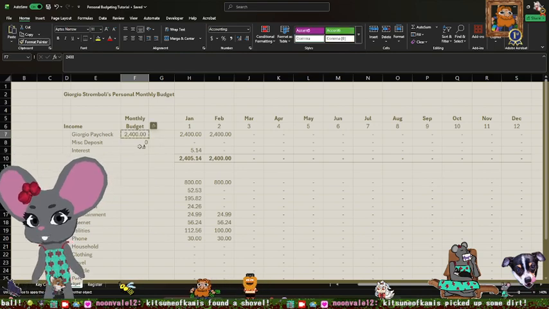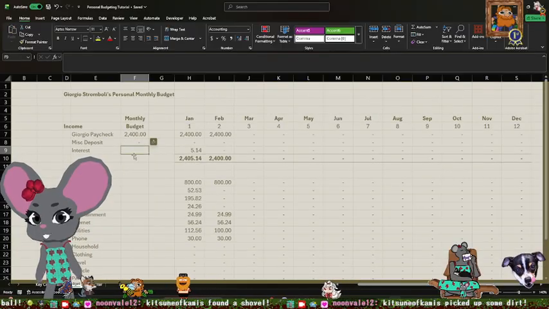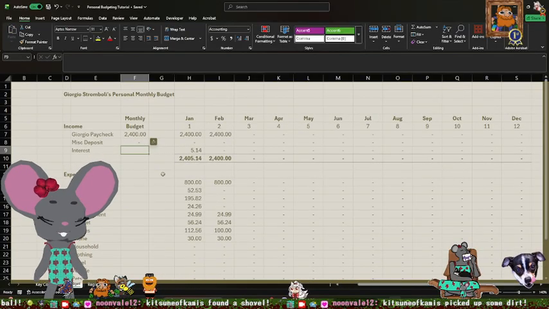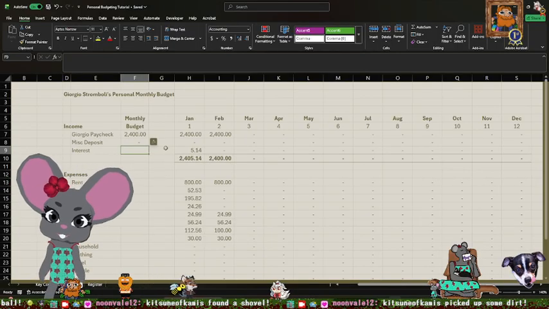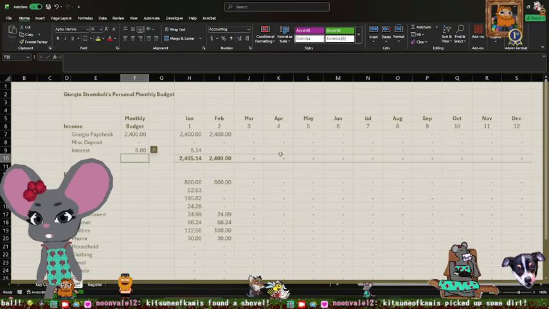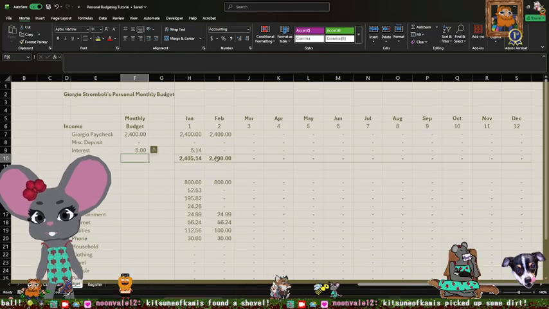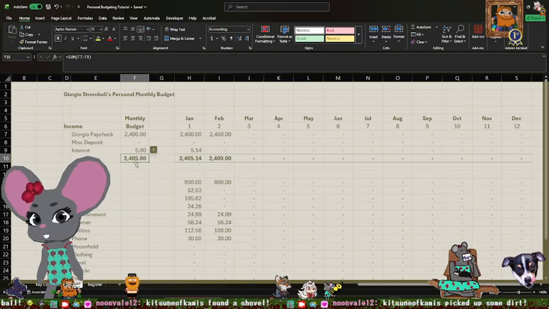Move this formatting. I guess we could take a look at what our average interest is and expect it. Maybe on average we get $5 a month in interest. And then we can sum that. So that's in general what our monthly income we expect to be.